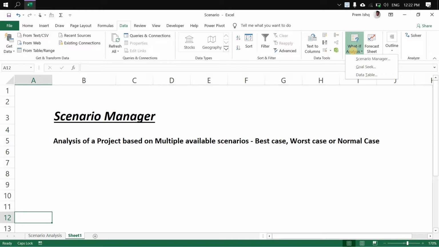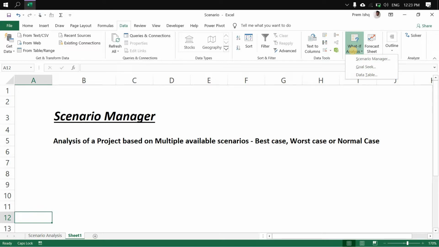We'll be dealing with evaluating a project, which means that we are calculating an NPV of a project, but we may have a lot of other scenarios also. You may be having different cash inflows depending on the worst or best or normal economic conditions. You may be having a lot of discounting rates also. So you need to evaluate the project considering all the possible combinations, right? So in that situation, we'll be using this utility called Scenario Manager.